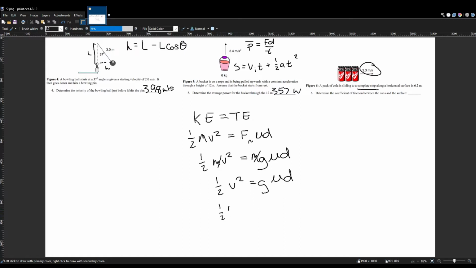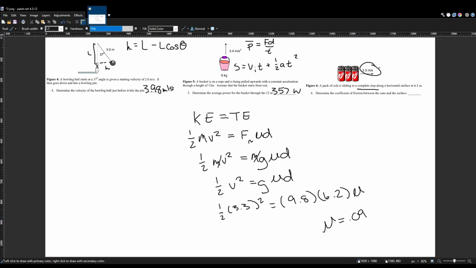1/2 velocity is 3.3 meters per second, because that's what we're given up here. g is of course 9.8. Distance, it says 6.2 in the question, and then we can find mu there. Because multiplication is commutative, we can move that stuff around. So it's going to be 1/2 times 3.3. Oh, don't forget to square that. Almost forgot to square that. Make sure you square that. Divided by 9.8 times 6.2, and our coefficient of friction is going to be equal to about